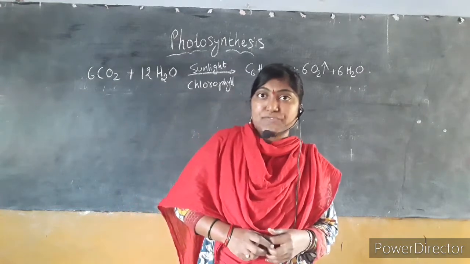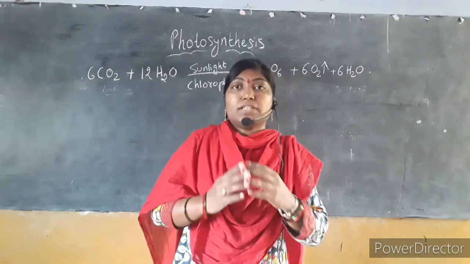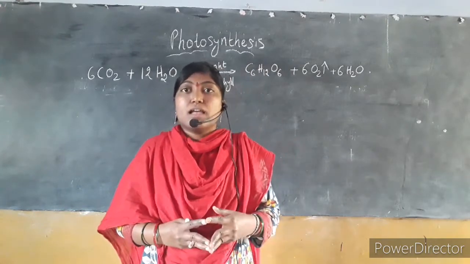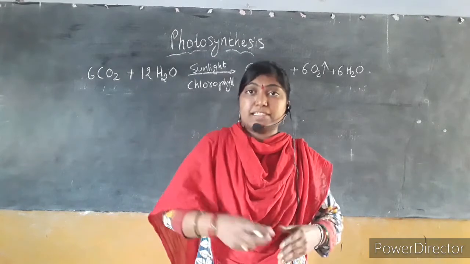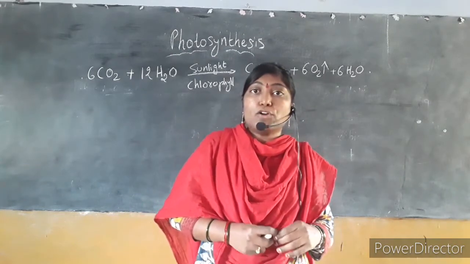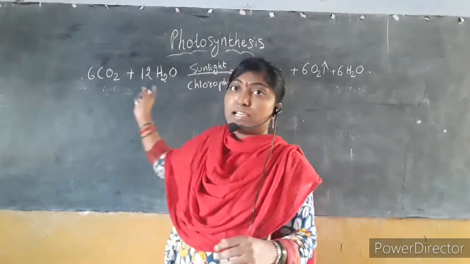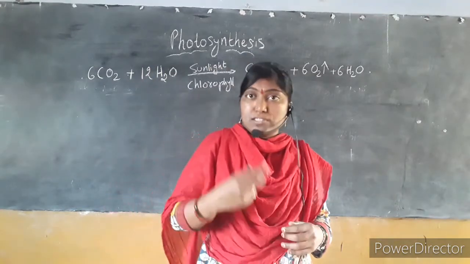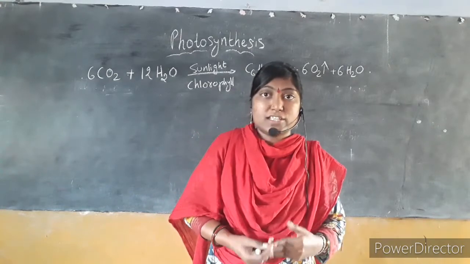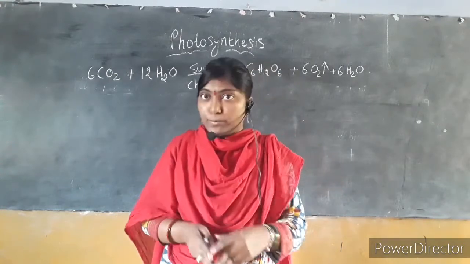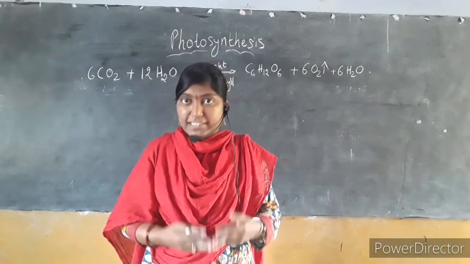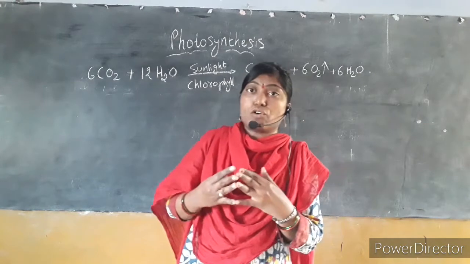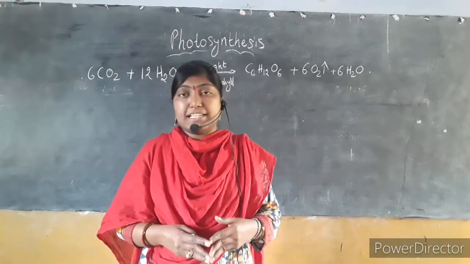Welcome back to our biology class. Last class, we discussed in detail who gave the equation for photosynthesis and what experiments they conducted, and they gave the balanced equation for the process of photosynthesis. I also said that plants synthesize not only carbohydrates, they also synthesize proteins and fats. That's why we call plants autotrophs, isn't it?